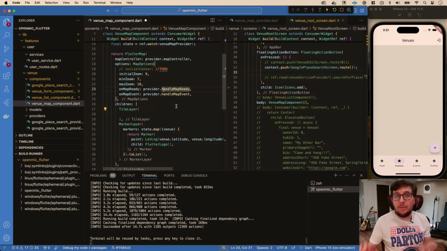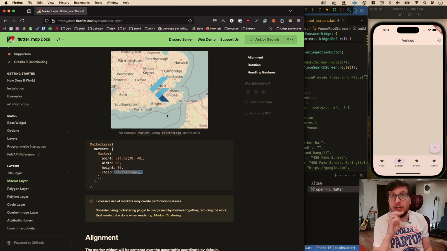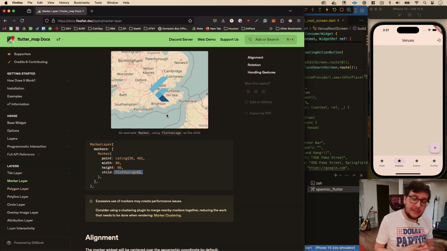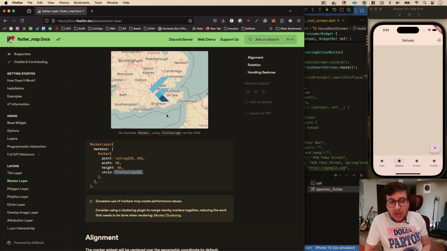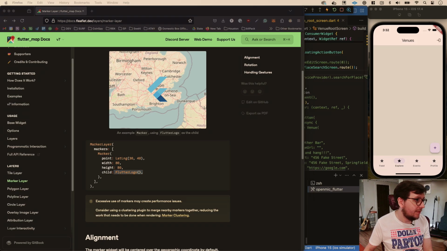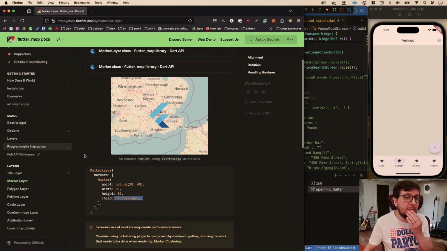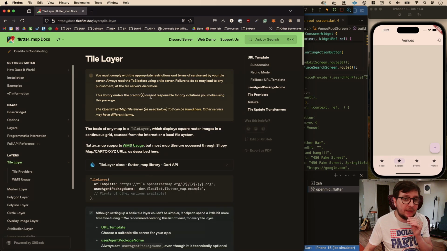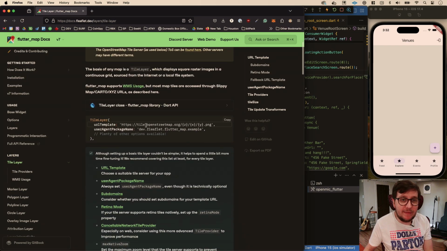What's kind of cool about Flutter Maps is it's not just Google Maps or Apple Maps. You can actually use something like Mapbox and all those kind of things. And I'm interested in maybe using Mapbox for this. I think we will use Mapbox probably, but let's just start simpler. We can just use tile street map, which